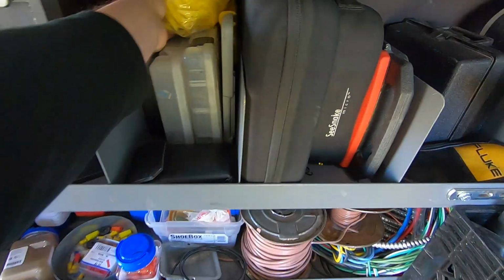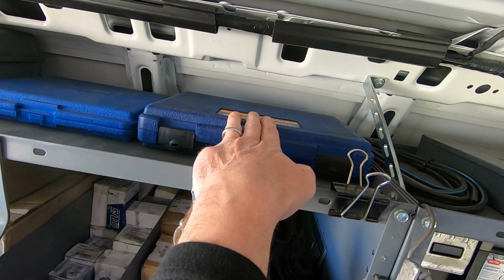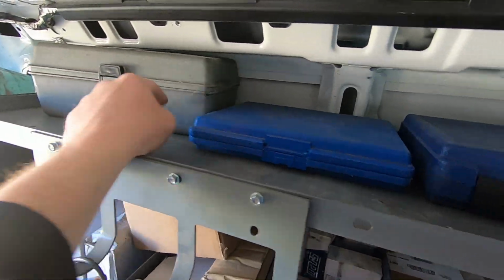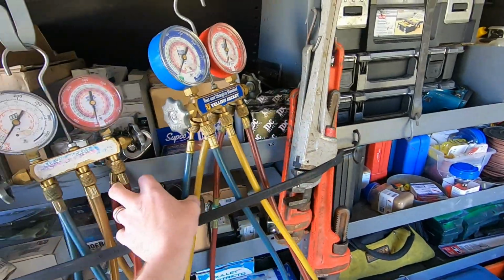I got masks. I got another micron gauge. I got a flaring and a swedging tool, lockout tagout kit, and then I keep just random pipe wrenches here, a couple of